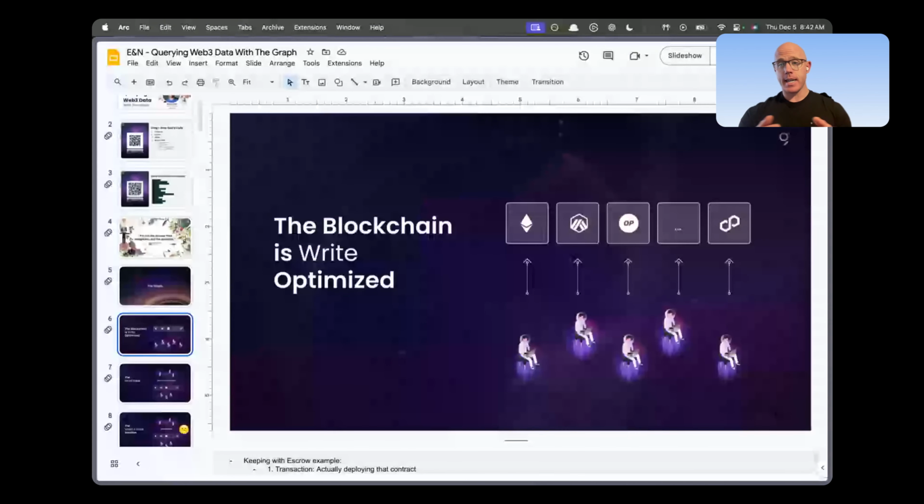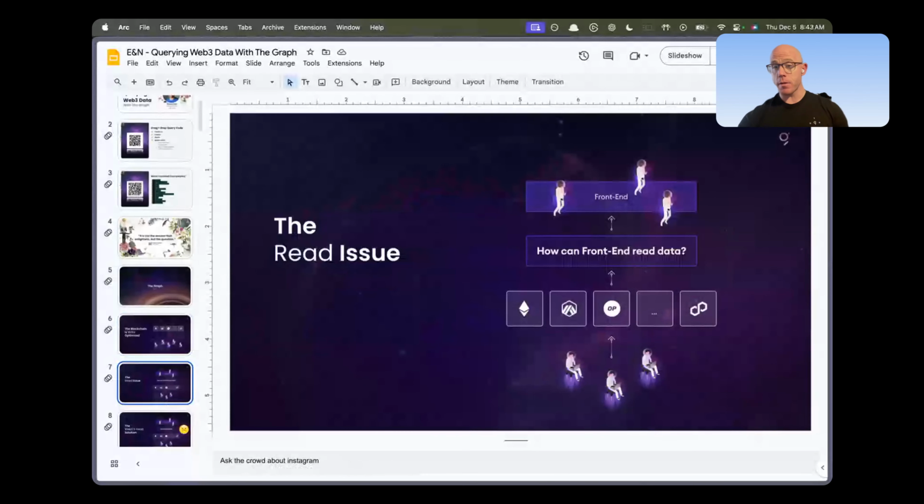So The Graph, like I did say, is the blockchain read optimized, and all different blockchains around the world, including Rootstock, are very much about getting that data there. And that's great. We have production ready blockchains, and we've proven that we can do that in Web3. The problem is, like I said, there's a read issue. How do we have that be performant? And then also, how do we have that be redundant and decentralized and still have the same values that Web3